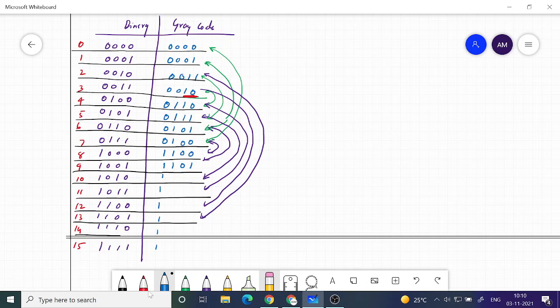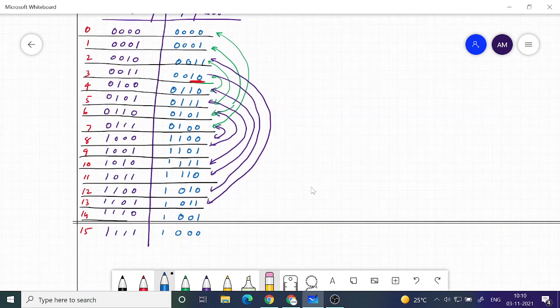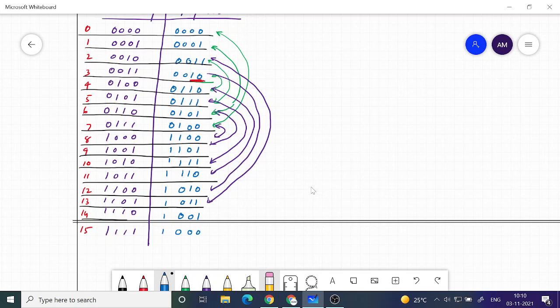So this will be what? This will be coming from 1 1 1, and this will be coming from 1 1 0. This will be coming from 0 1 0. This will be coming from 0 1 1, and the next one will be 0 0 1, and this is 0 0 0. And you can see that none of the code is getting repeated. All are very distinct codes, but they are in a different order, such that only one bit change is happening when you go from one place to the other.